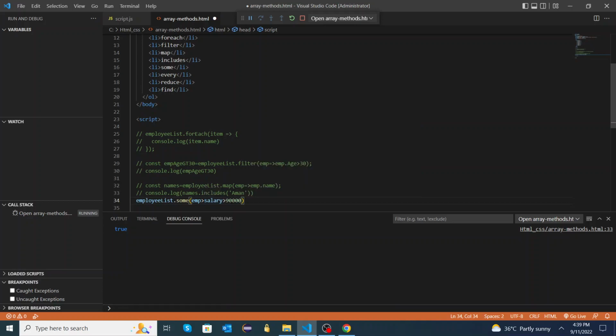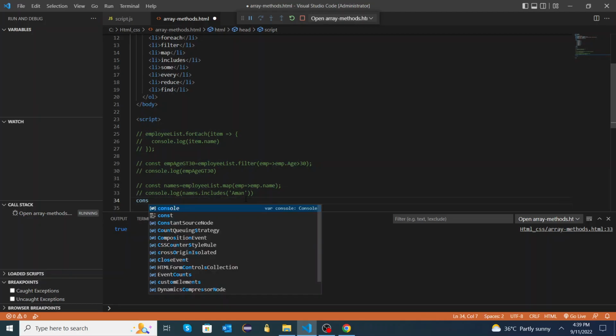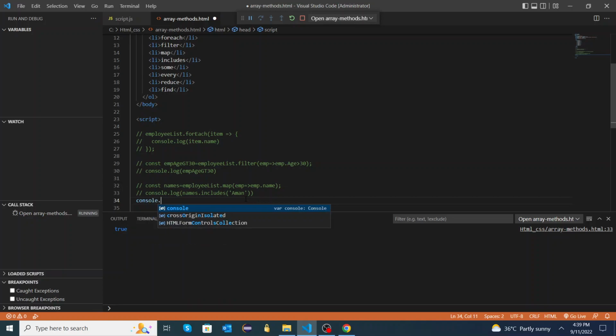First employee, if the salary is greater than 90,000, if it is true, it will return true immediately. If not, then it will move on until the condition matches, or if there isn't any employee with salary greater than 90,000, it will simply return a boolean value, either true or false, based on whether the value is there or not. So console.log,